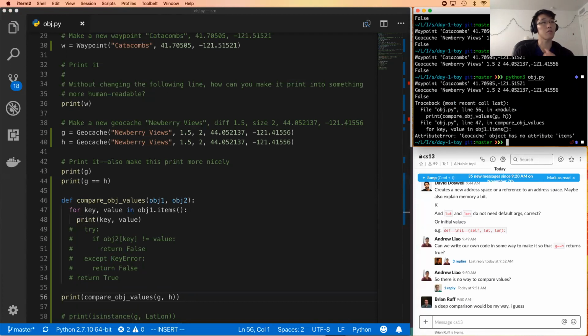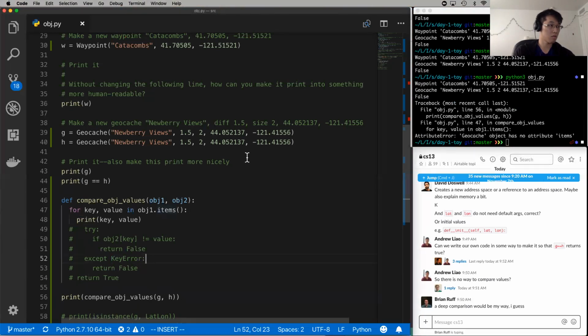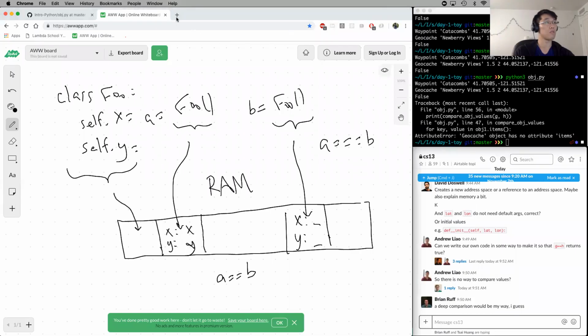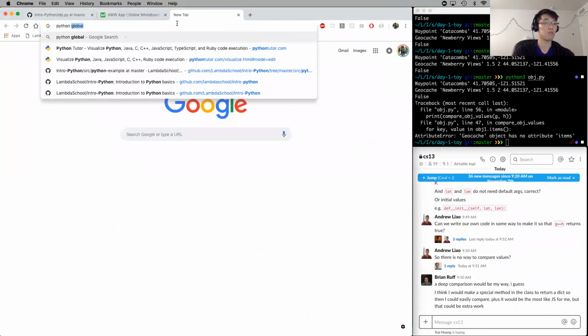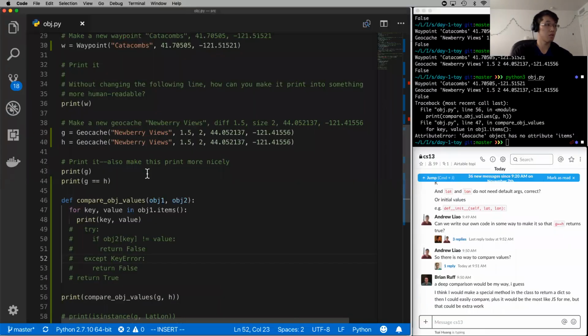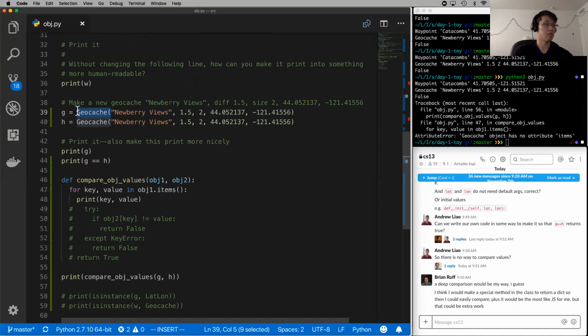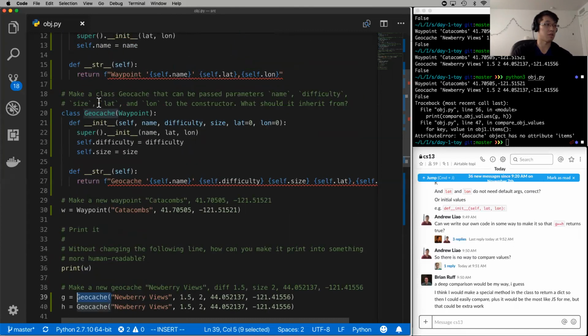Geocache object does not return value. Okay. So I want to, let's see. I'm gonna make a special method in the class, return dict, so I can use it to compare. Oh yeah, I think you're right. That's a good point. Oh right, items is okay. No, you're right. Items is a method on dictionaries. I think strictly speaking, these instances are not dictionaries. So we'd have to do something like